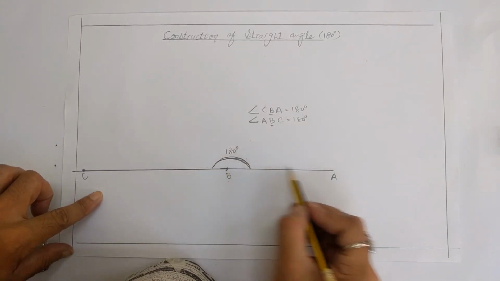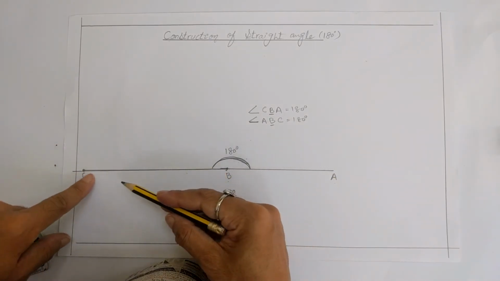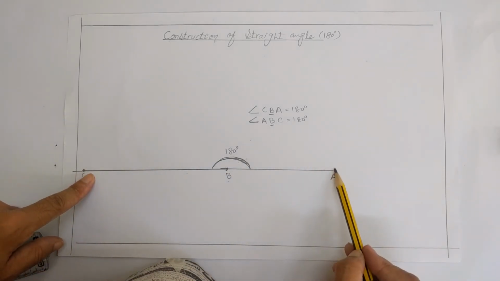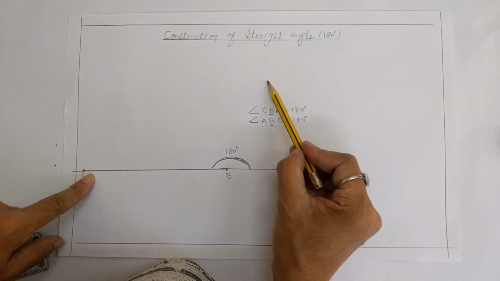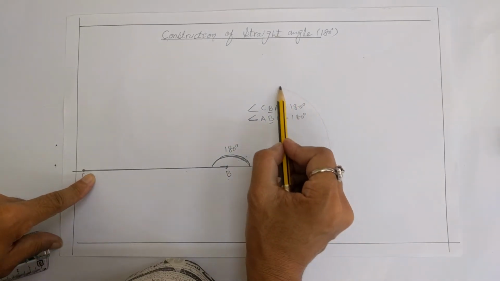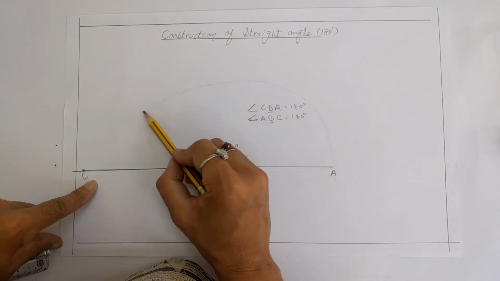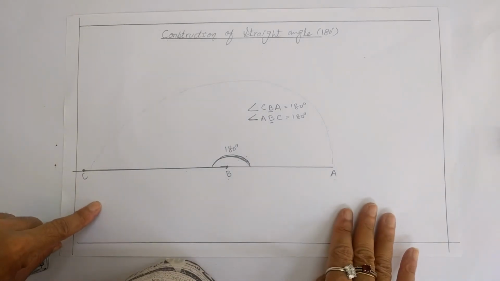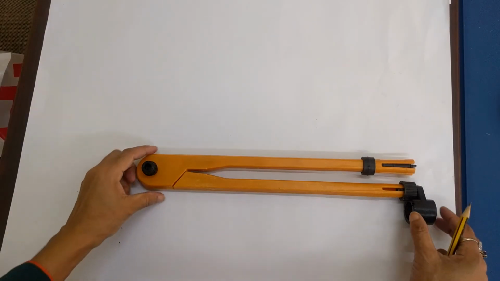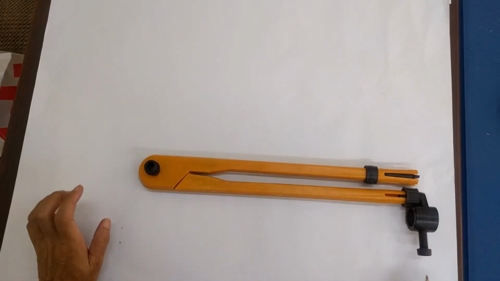Now I will show you with the help of the compass the movement of this arm of the angle. This one is the first arm of the angle, this one is the second arm, and how this arm is over here. The movement starts from this 0, and then the movement is like this. The movement of the arm goes like this until 180 degree. Okay, now I will show you this movement with the help of the compass. Now look here, the movement of the arm of the angle.